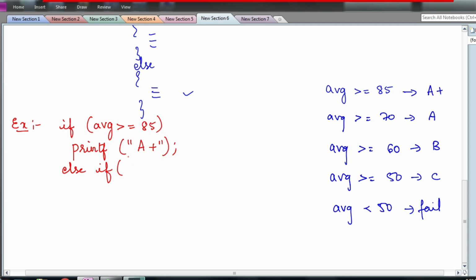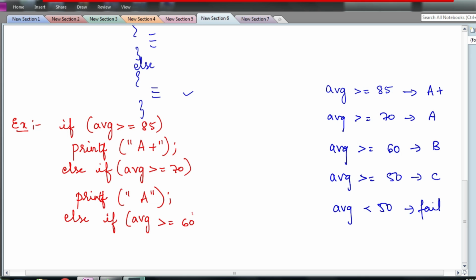Else space if average greater than or equal to 70, we will print A grade. Else if average greater than or equal to 60, printf B grade.